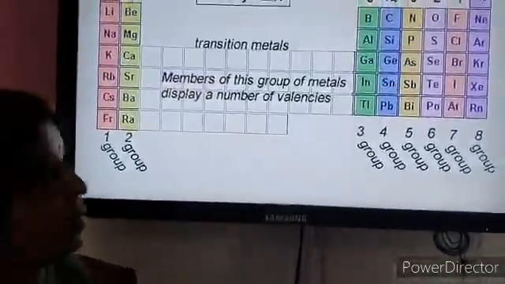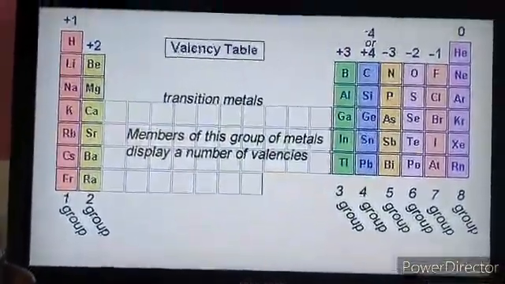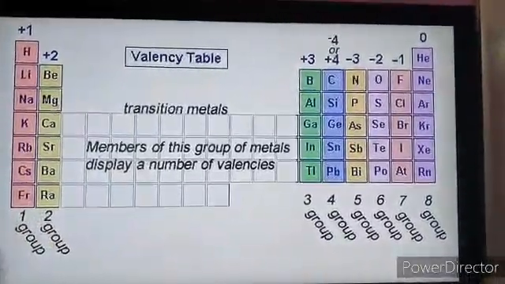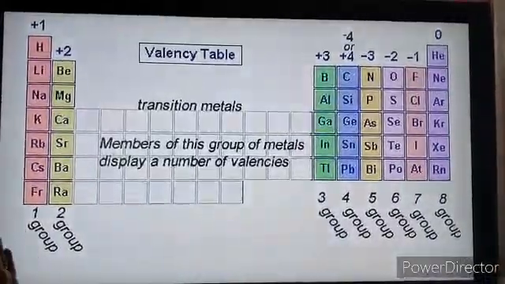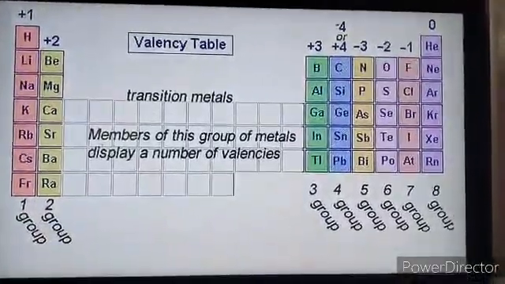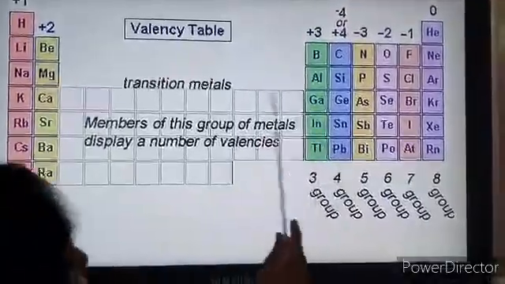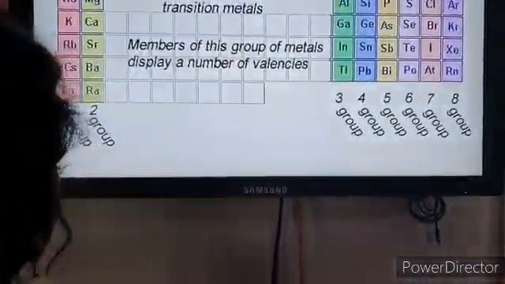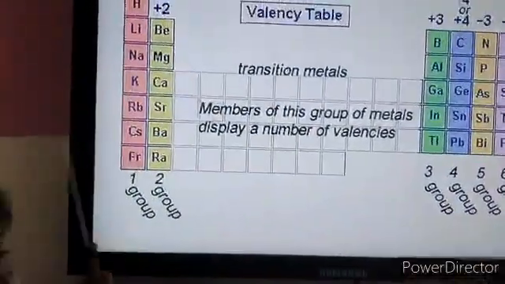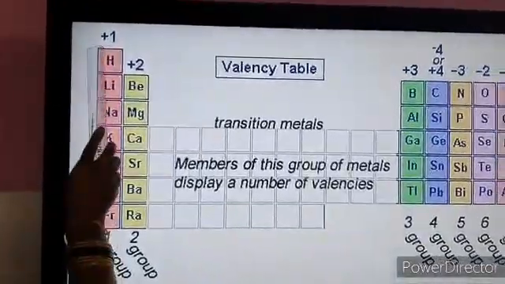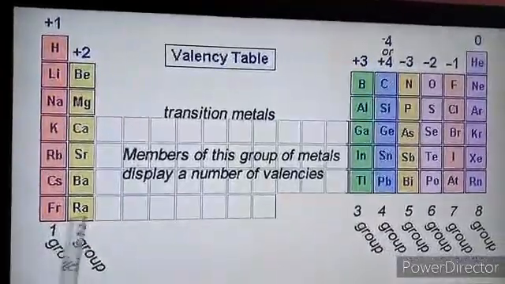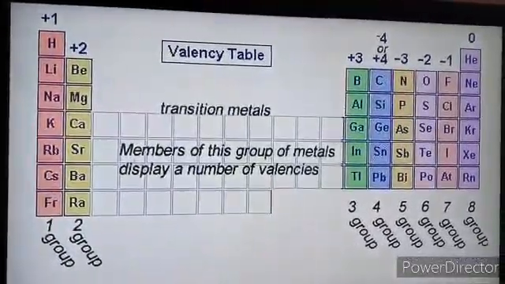Let us look at this table which gives information about the valency of the elements. Here two blocks are reflected, S block and P block. So how does this valency vary in a group and a period? Now look at the valency of the first group. The first group valency is 1. The valency of the second group is 2. So these two groups belong to S block.